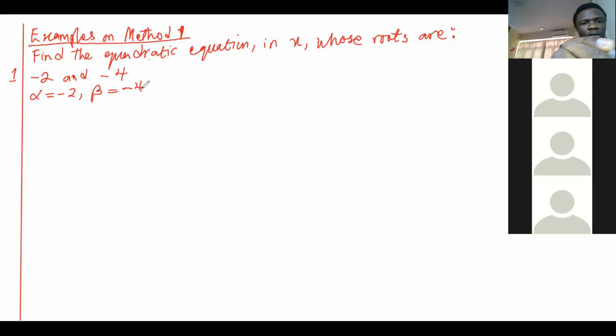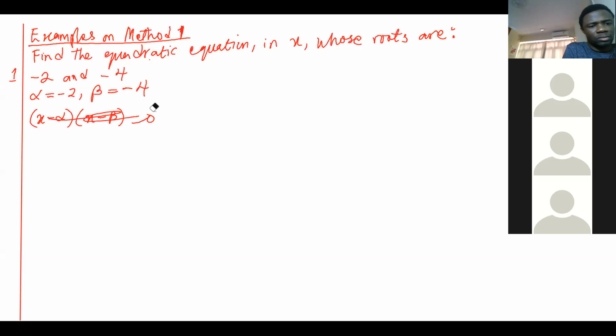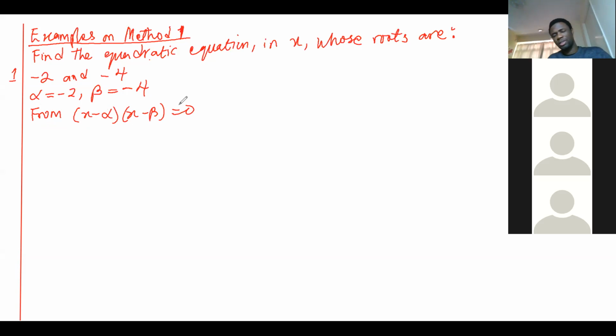So we identify them as alpha and beta as a general way of doing it. You write the formula we have deduced, x minus alpha, x minus beta is equal to 0. That is from this step. So it's like stating the formula. Do you understand? Yes. So from x minus alpha, x minus beta equals 0,